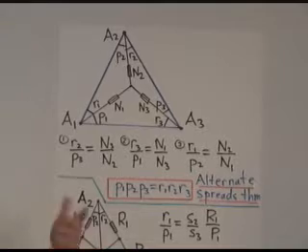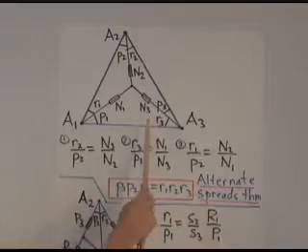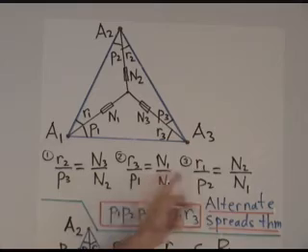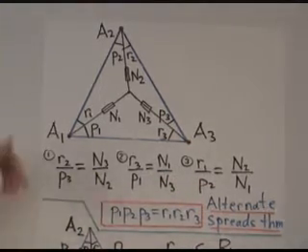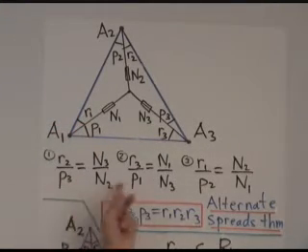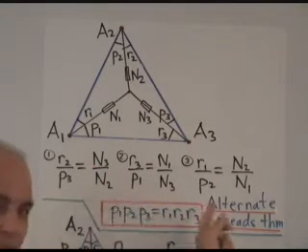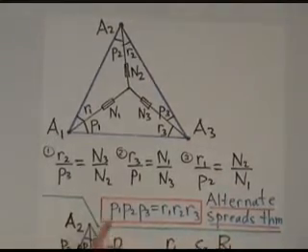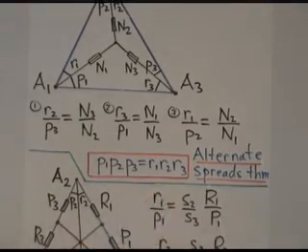Basically, it's the same story. We apply the spread law. So, for example, in this triangle, we have R2 divided by P3 equals N3 over N2. And then we play the same game for this triangle and this triangle. When we multiply these three equations together, then on the left-hand side, we have R2, R3, R1 divided by P2, P3, P1, P2. And on the right-hand side, the product of the three N's divided by the product of the three N's is 1. Which gives us the alternate spread theorem, namely that the product of the three P spreads is the product of the three R spreads.